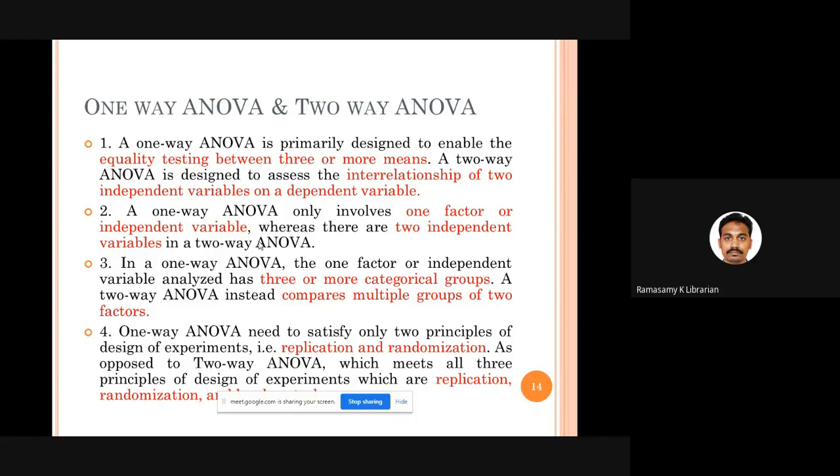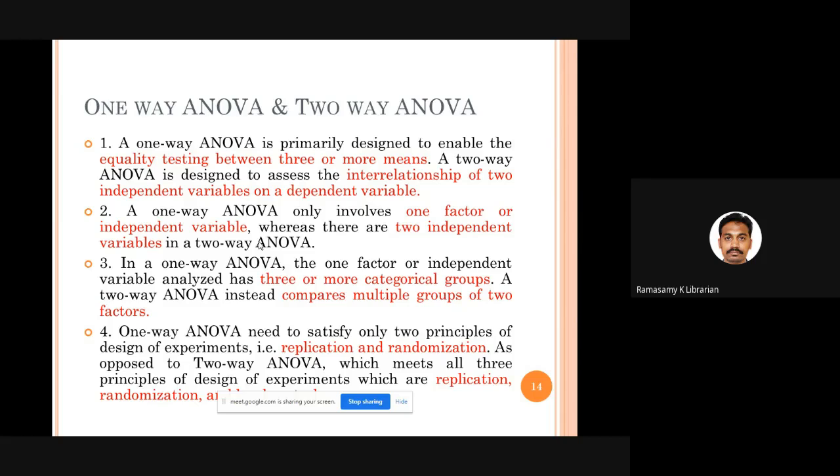Suppose you have 2 independent variables. One is education qualification, and the second is their parental income. So you are taking into consideration the parental income of the respondents. You want to see whether there is any impact of education qualification on the amount spent. Is there any impact of parental income on the amount spent? Or is there any combined effect of education qualification and parental income of the respondents on the amount spent?